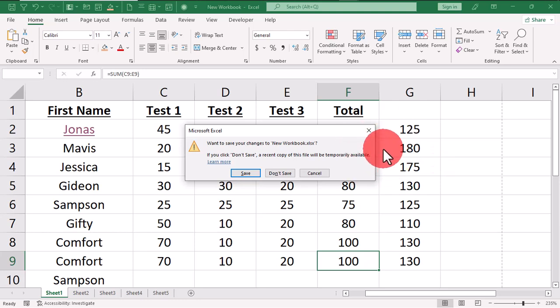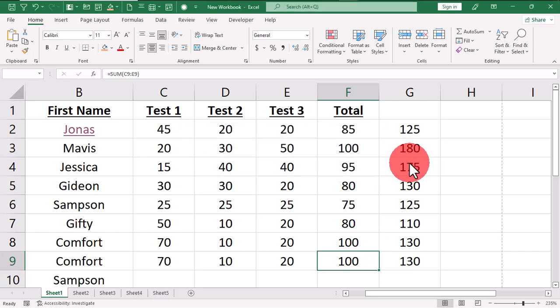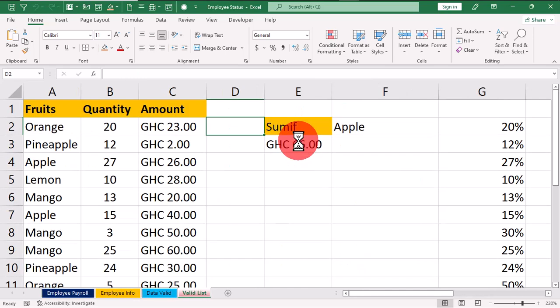So I need to save this. And how can we do this? Let me press the escape key on the keyboard. I'm going to use Ctrl+S on the keyboard. Now this has saved this particular data. Now if I use Ctrl+W, this is going to permanently close this active window, and now I have my previous window open on my desktop background. So anytime you want to use Ctrl+W, you have to make sure that you save all the changes applied to